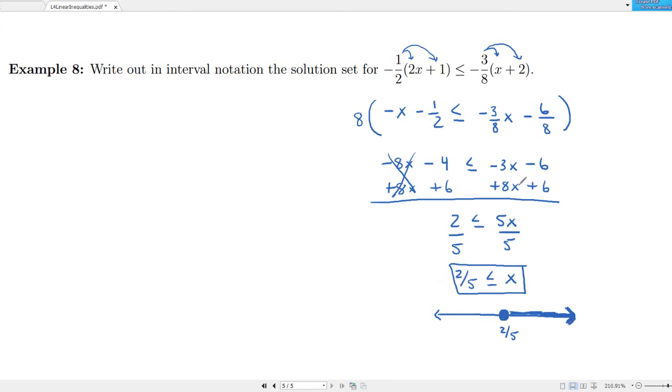Okay, now again, if you want, you could start this problem by doing this multiplication. So that's sort of our solution 1. And solution 2, we should get the same thing if we were to initially multiply by the lowest common denominator. So instead of distributing first, we could do that. So if I multiply both sides by 8,